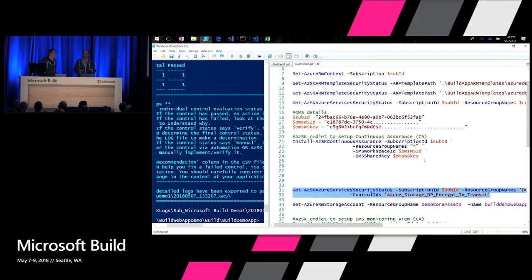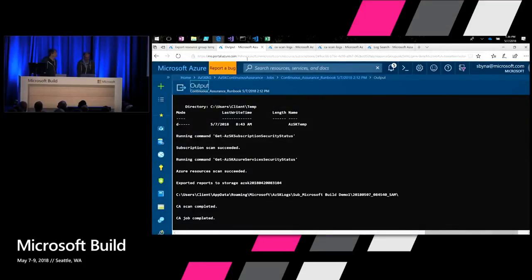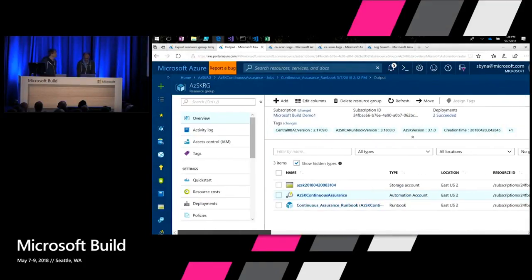The whole concept that we have worked out is that we get an automation account installed on everybody's subscription, which is responsible for scanning on a daily basis and reporting any drifts. This command is going to set up the automation account, schedules, runbooks, and all the required stuff at the backend, which does the job for us. Let us quickly take a look at what this command does in the portal. Exactly 3 resources get created as part of that command: the automation account, a runbook inside the automation account, and a storage account.